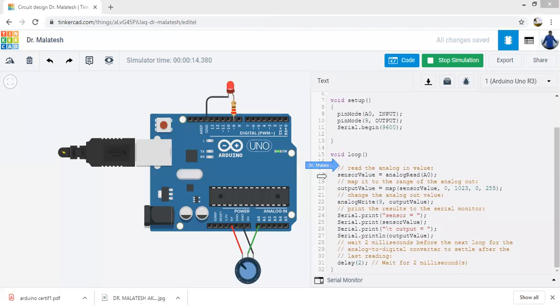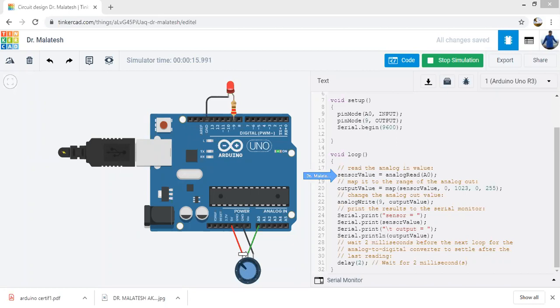Well, now let us see. This is the loop block. This is the command line to read the analog value from the analog input from the sensor. Actually, the potentiometer is going to act like the voltage from the sensor, since it is a variable voltage.